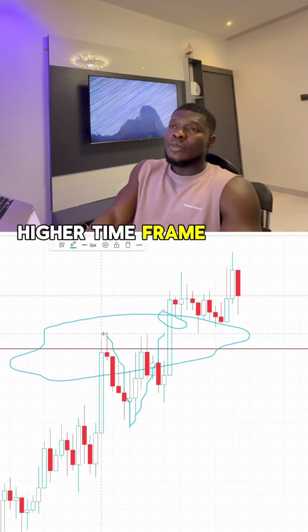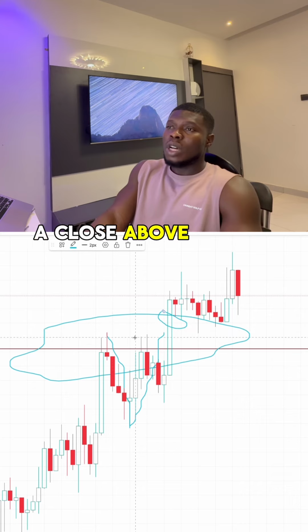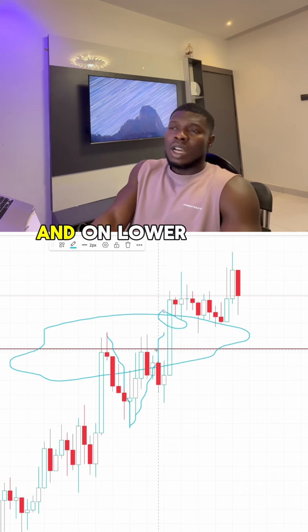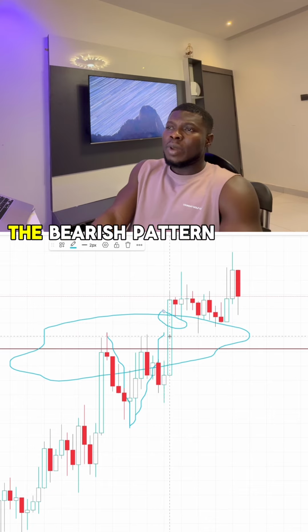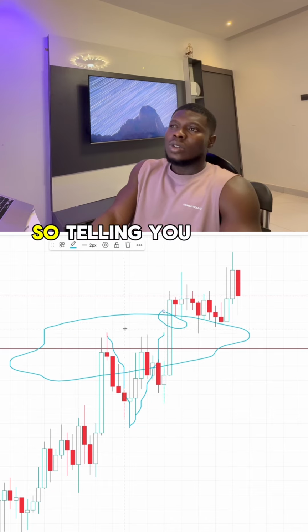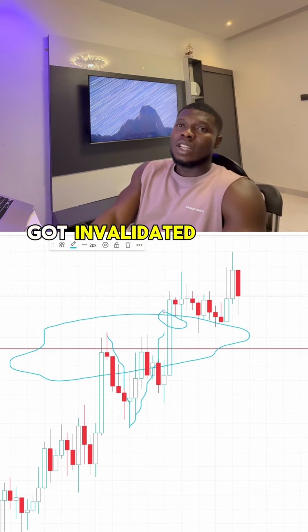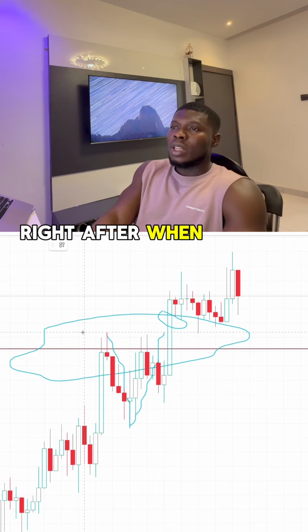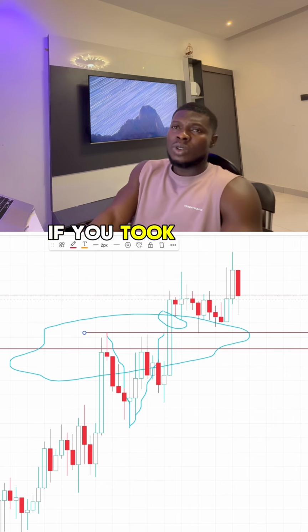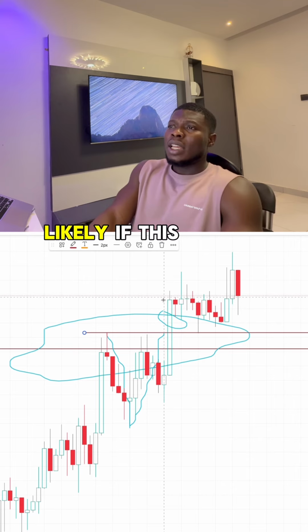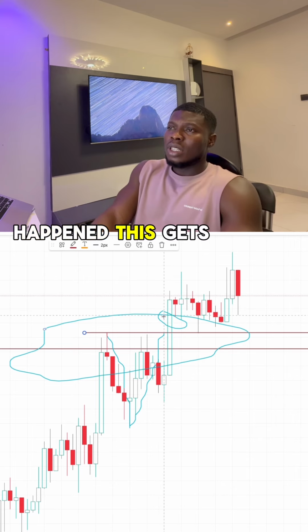On a higher time frame, you already see a close above this zone I mentioned, and on the lower time frame, you see that the bearish pattern is not forming yet. This tells you that this trade got invalidated right after this closed above this region. So if you took this trade, likely if this happened, this gets